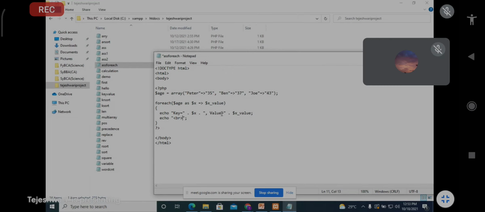So in the next line, what will be the output? Key=Ben, comma, Value=37. Next line, Key=Joe, comma, Value=43. If you see this, wait, I will show you.